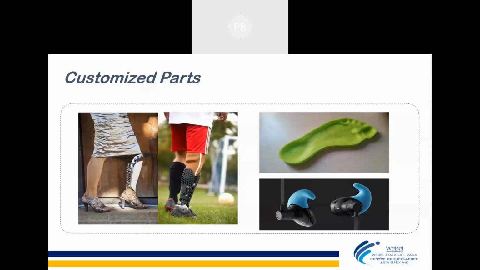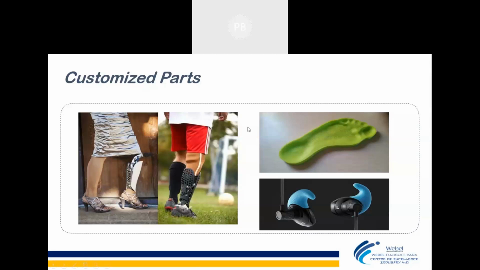You can directly develop, you can directly do the design, you can directly print it with the 3D printer. If you need a prosthetic leg, which has a very unique or very different look, you can directly print it with a 3D printer. You can directly use it also, because nowadays a lot of carbon fiber based materials are available which can be directly used as a prosthetic.